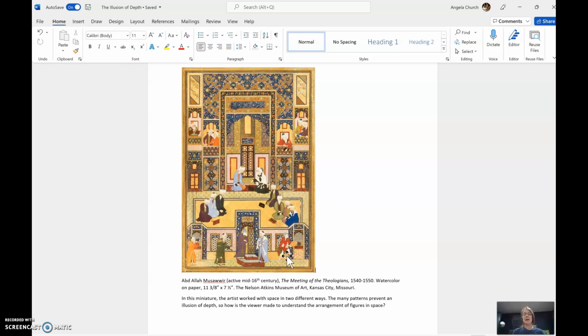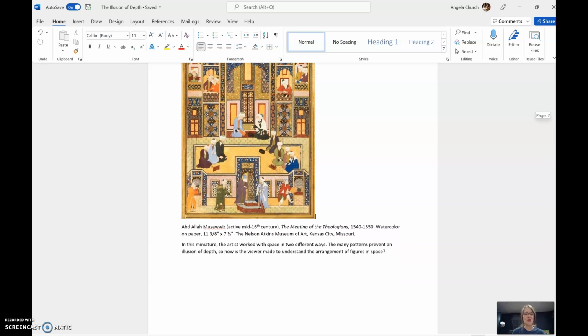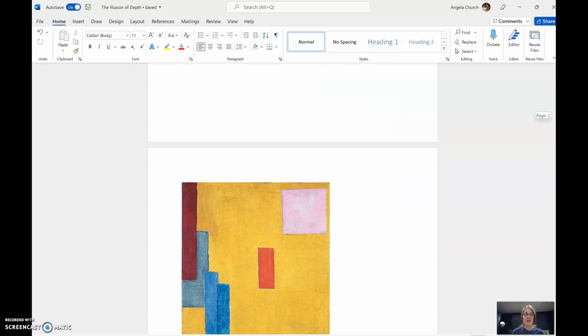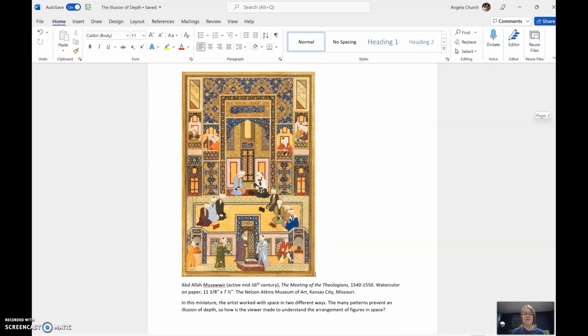So again, this becomes a little bit narrative. We're telling a story here. If we know more about the painting, we'd know more about the story. Okay, now let's go, but there's definitely